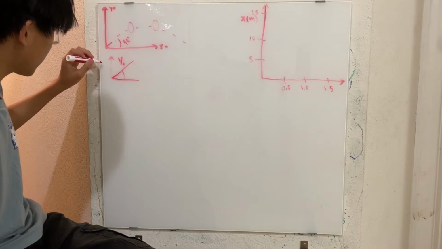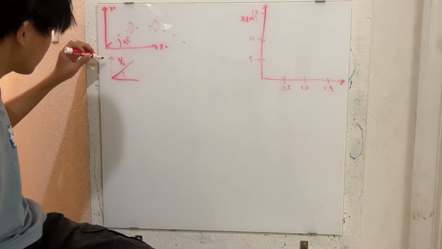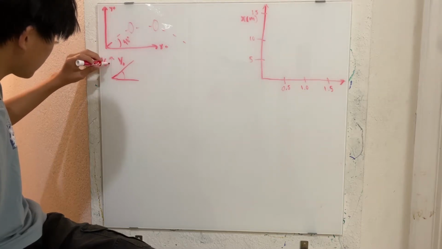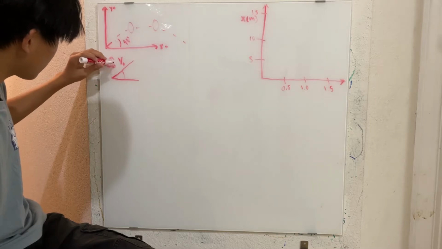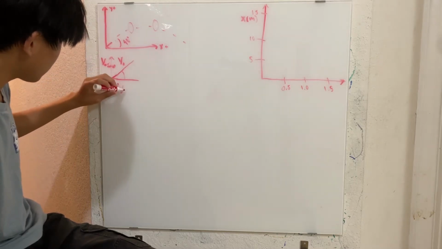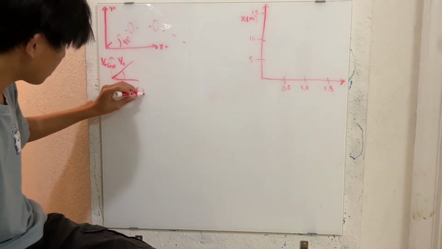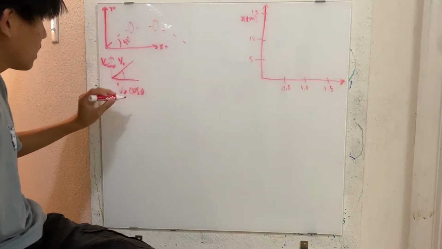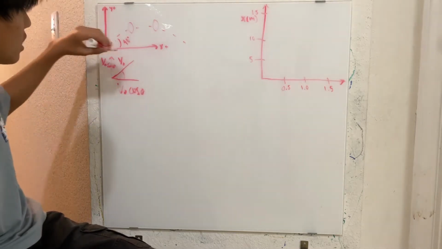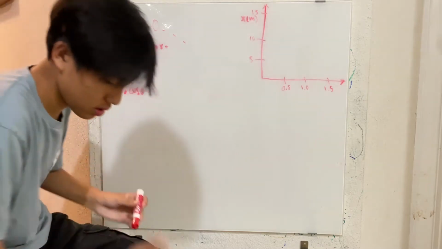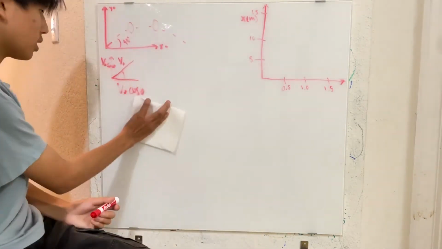So it'd be v naught sine theta, and then down here v naught cosine theta, because we can split it up into its x and y directions. So knowing that,